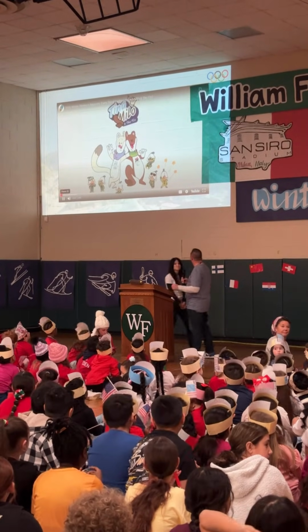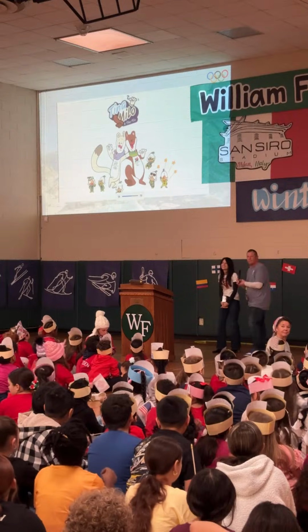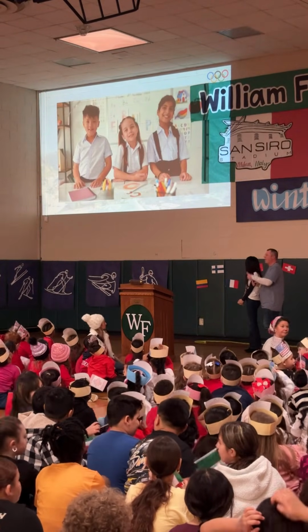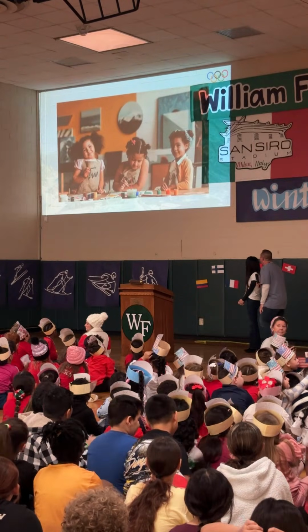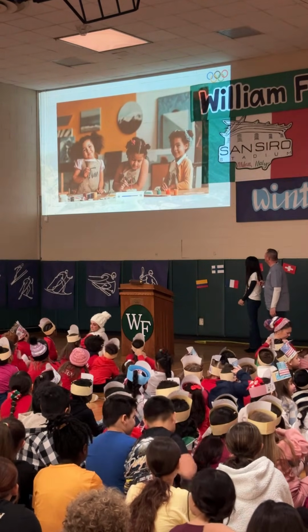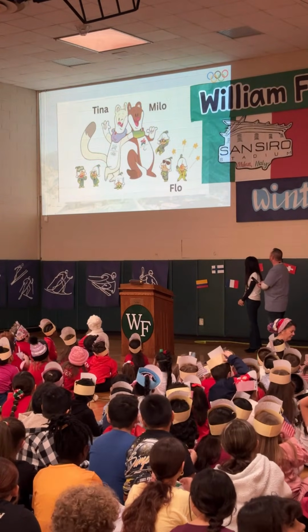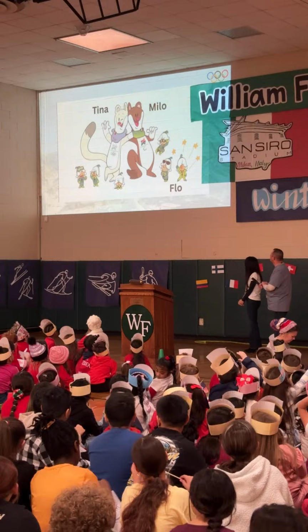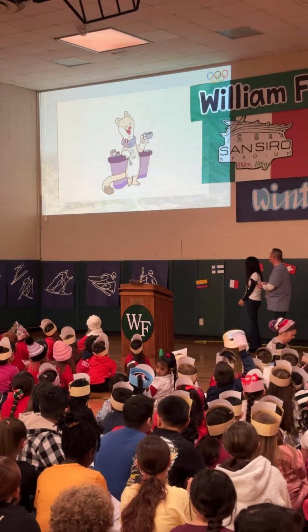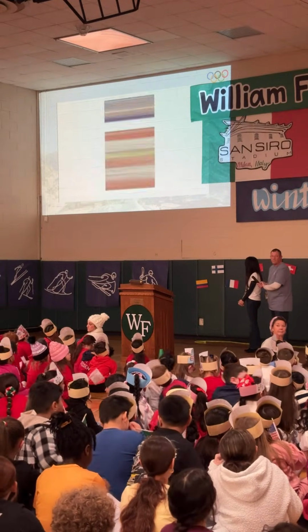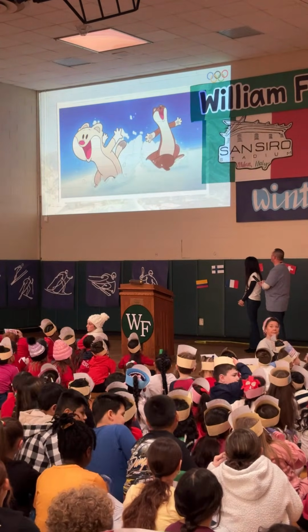The 2026 Winter Olympics mascots were actually designed by school kids. Yep, the stars of Milano Cortina 2026 weren't created by a design agency, but by everyday students with some truly incredible imagination. Meet Tina, Milo, and their adorable companions, the Flo. Today we're breaking down every detail behind these mascots, their story, symbolism, personality, and how they came to represent one of the biggest sporting events in the world.